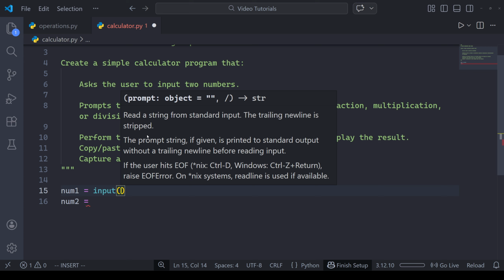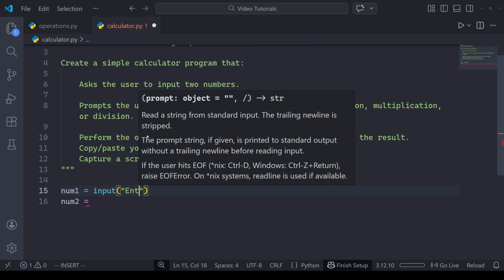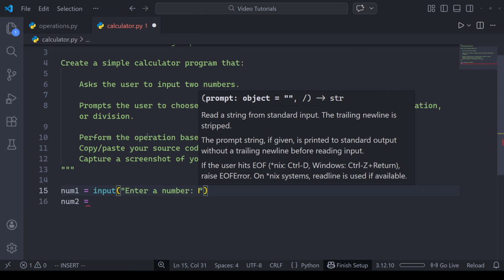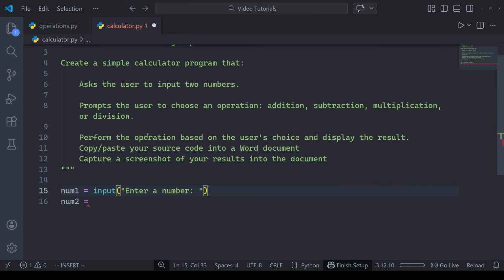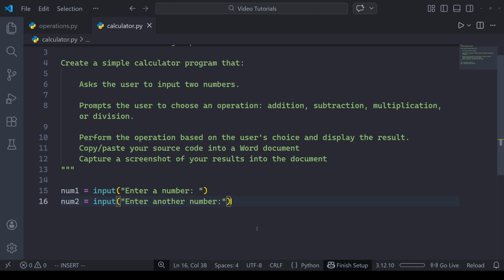It essentially says that this is going to open up a prompt when the user runs this program, prompting them to enter something into their console or terminal that comes back. And if you want to give instructions to a user, you can put those instructions in quotation marks in the input function. So my instructions for the user will be enter a number, colon, and then I'll do a space just so it looks better. In fact, for the second one, enter another number, I won't put the space after the colon just so you can see visually how it looks different, even though both of these will work. It's just about user experience at that point.